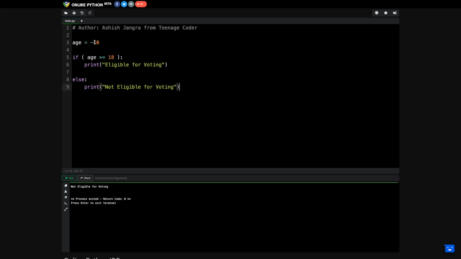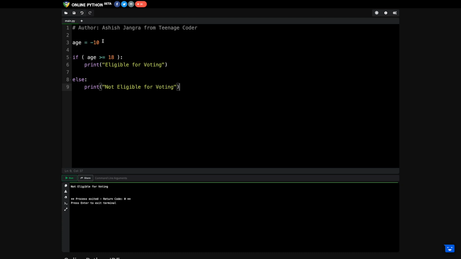So for these kinds of cases, I will warn the one who is entering the age that this is not a valid age, right? So rather than going for eligible for voting or not eligible for voting, I need to go for something like please enter a valid age. Clear?